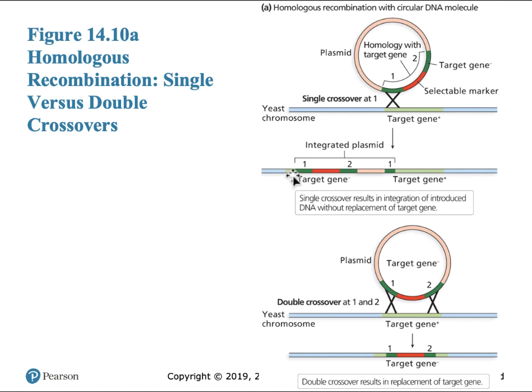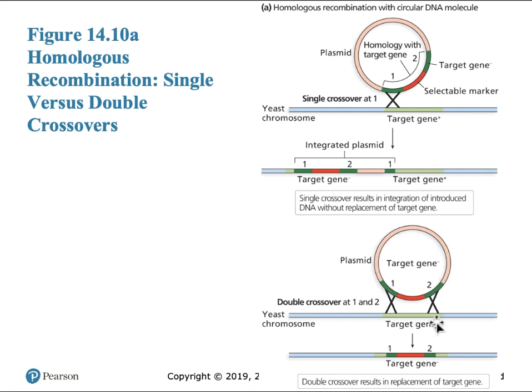And the target gene is disrupted. You can see the light green on either side. And the plasmid is then inserted into the chromosome in an orientation. That's one possible mechanism. With a double crossover, you can see that the majority of the plasmid is not incorporated